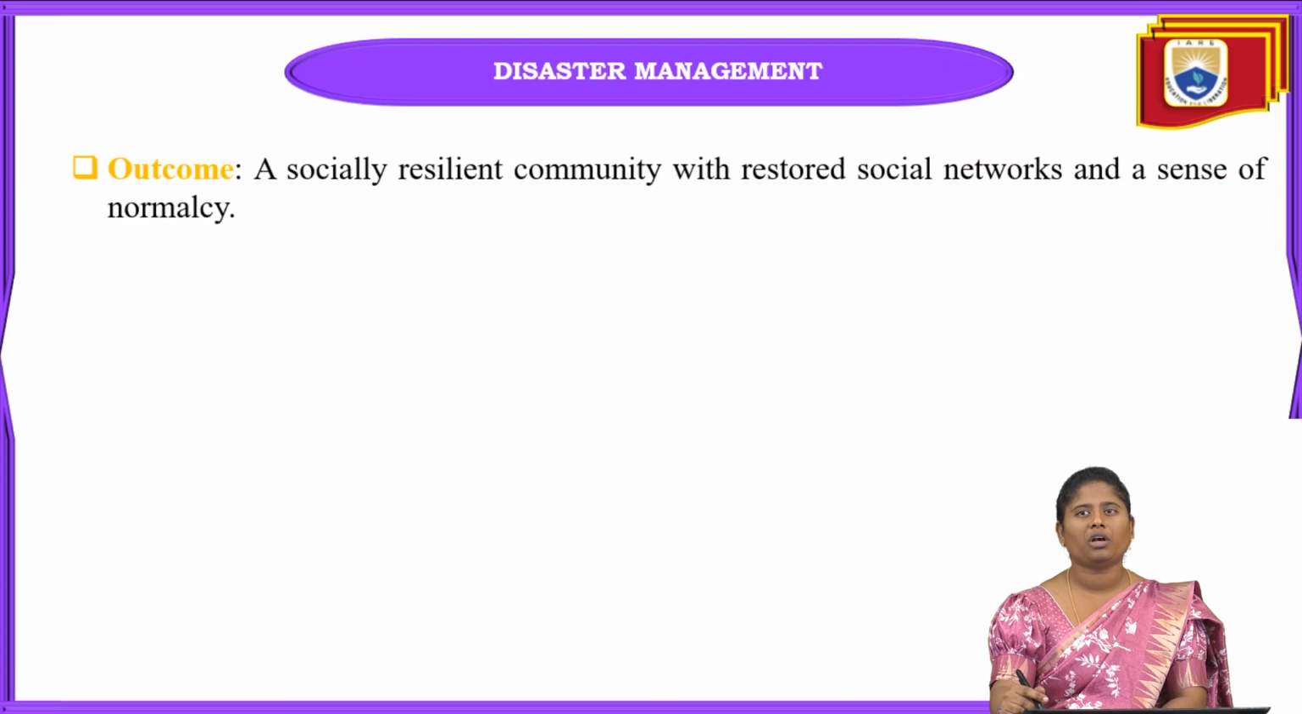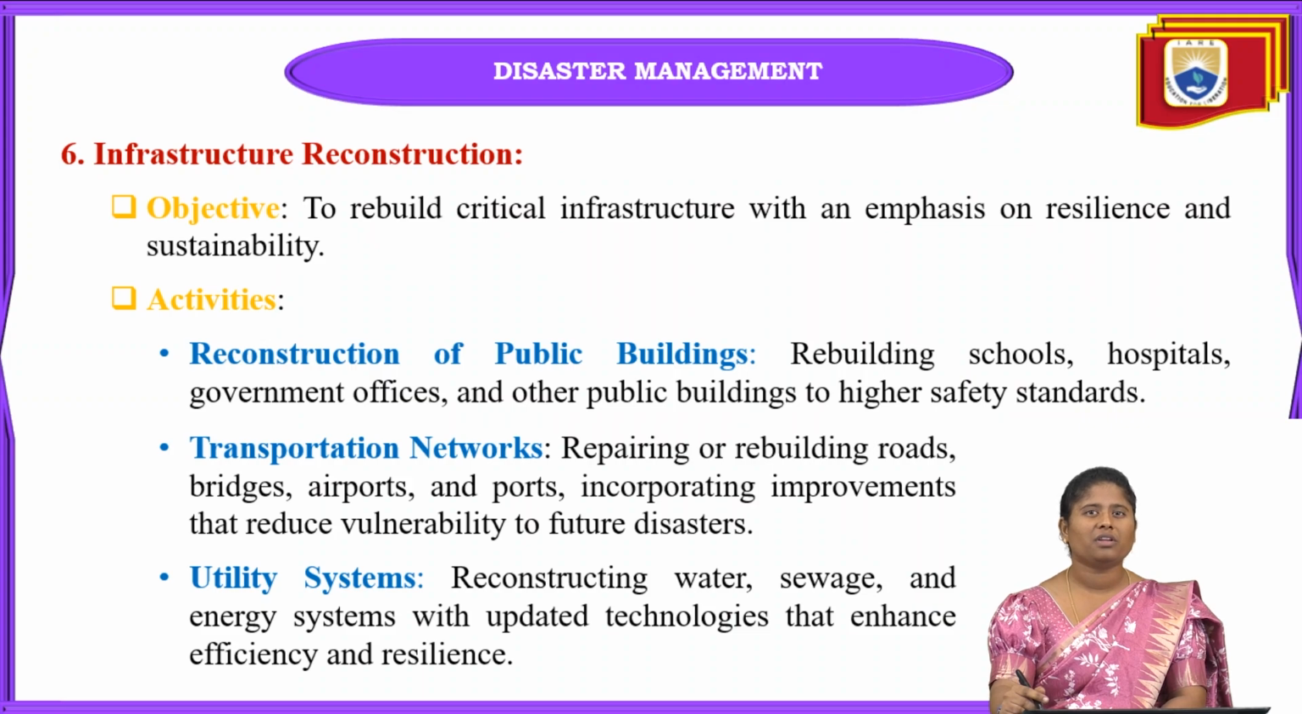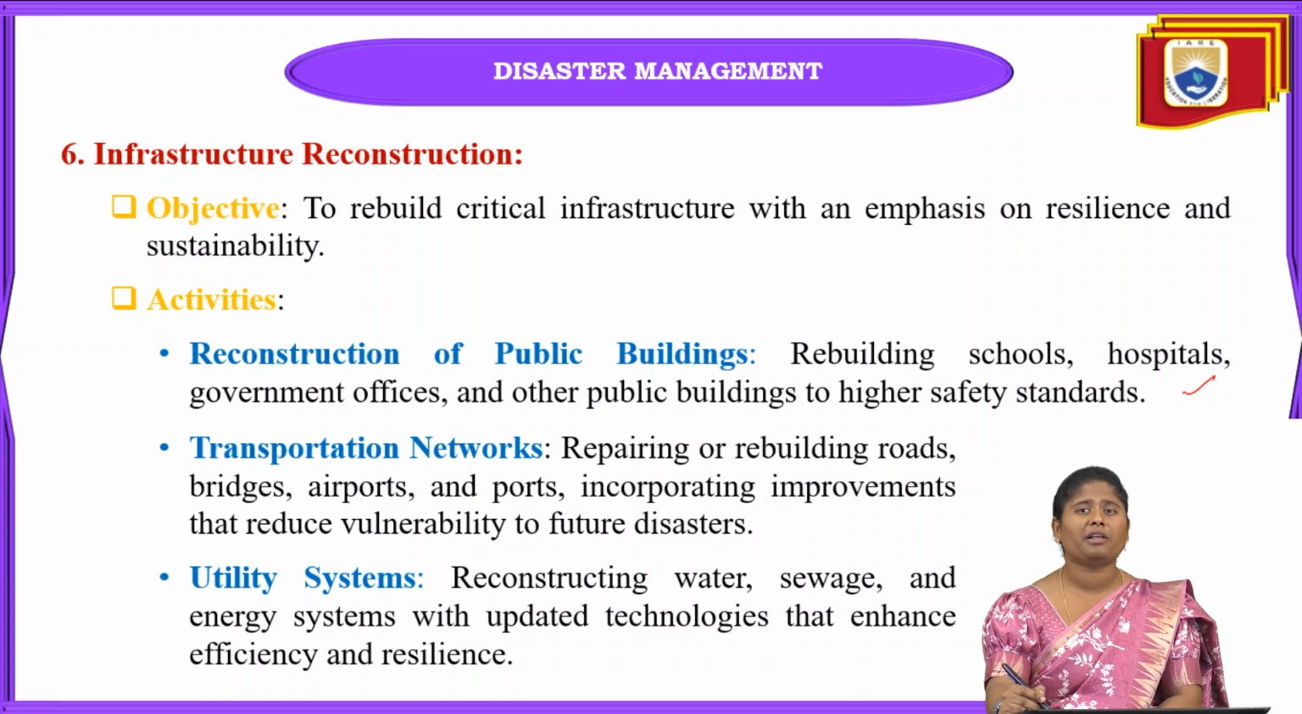The main outcome is that it can restore the social networks and a sense of normalcy. Next is infrastructure reconstruction. Here we have to rebuild the critical infrastructure with an emphasis on sustainability and resilience of the infrastructures. Next one is public facilities. Here we have to reconstruct the public buildings like schools, government offices, hospitals, and also some other public buildings